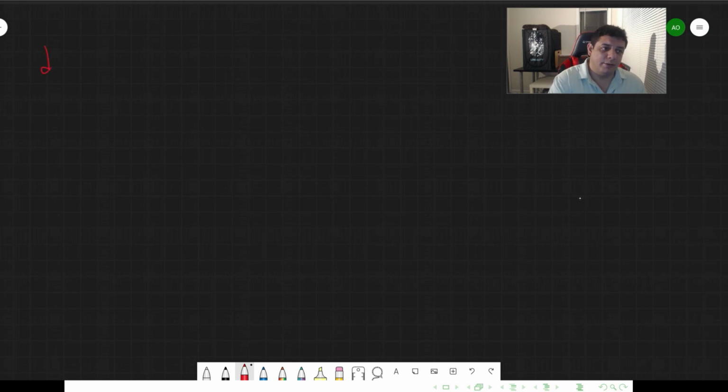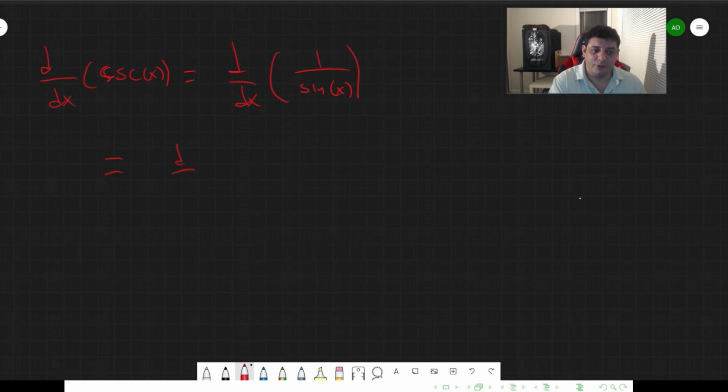Now let me do the derivative of cosecant of x. So the cosecant, of course, is an identity related to sine. It's 1 over sine of x. So this is going to be a quotient rule again. But this is going to be one that is much simpler. We have the derivative of 1 times sine of x, minus